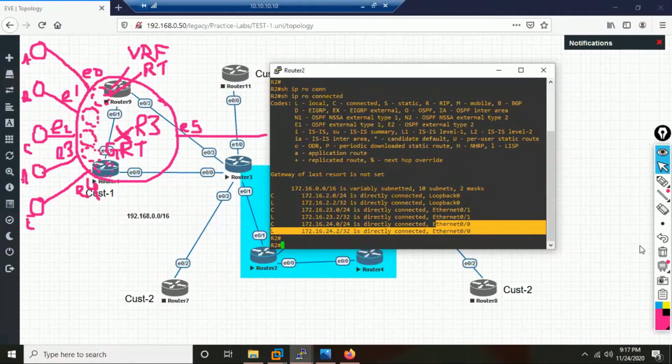Normally in the real world, nobody will do that, because having 100 customers on one single physical device, if that physical device fails, 100 customers will get affected. So in the real world, some service provider will have some policy. They can have some policies. No, we can have only one router for maybe every 20 customers. For 20 customers, one router, so that tomorrow, if any one router fails, only 20 customers will get affected.